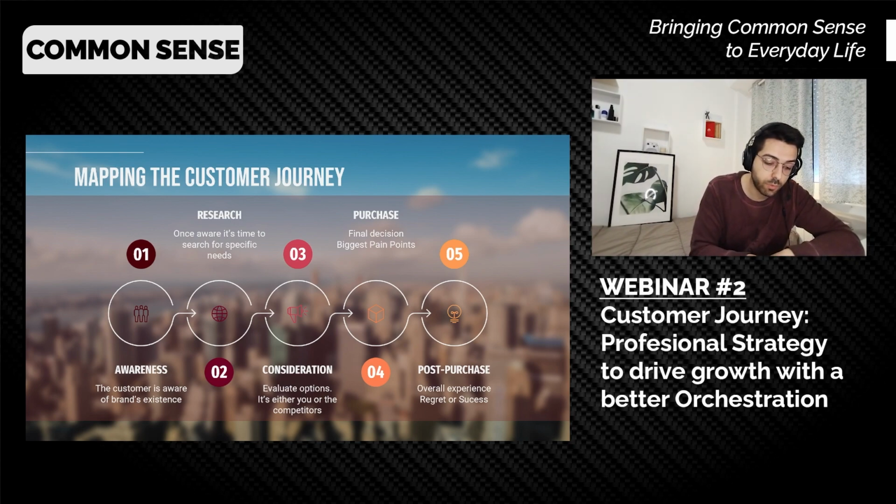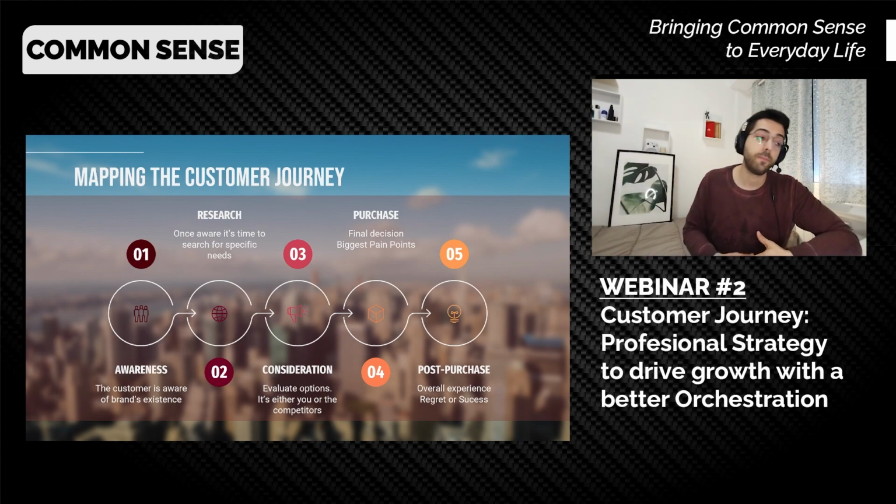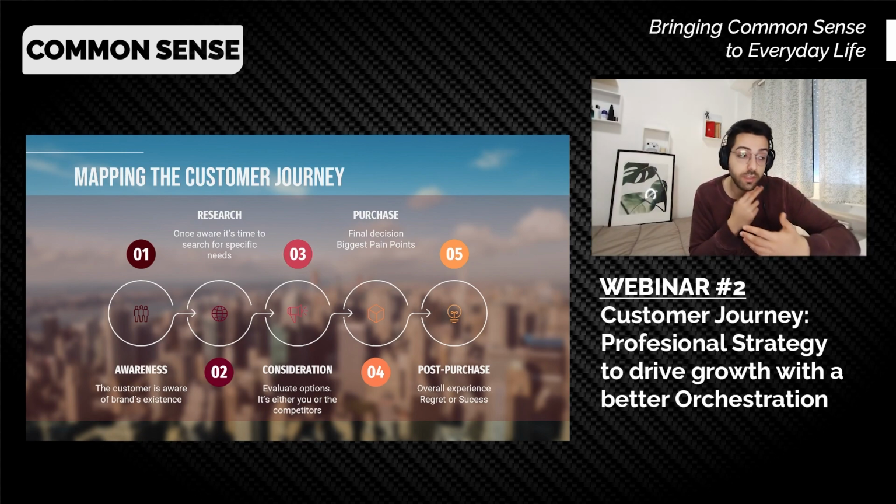Once we are there, it's time to consider. Depending on the kind of product you are buying, the barrier of consideration will be lower or higher. This is more of a product strategy that we could talk about for a while, but let's say you are evaluating options. As a rule of thumb, an expensive product has higher barriers in consideration than cheaper ones. Here you have things like price, shipping, and payment methods, all of which the customer will consider.